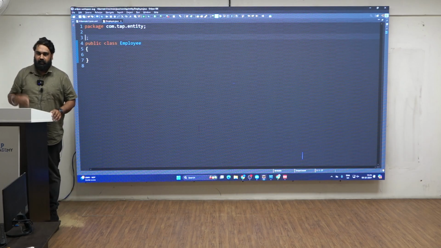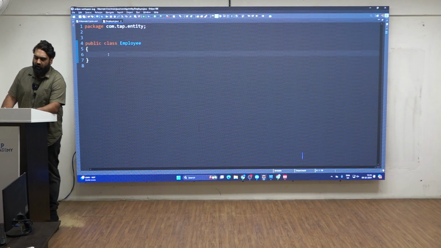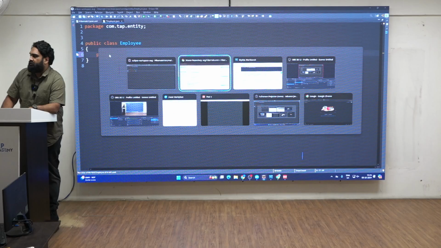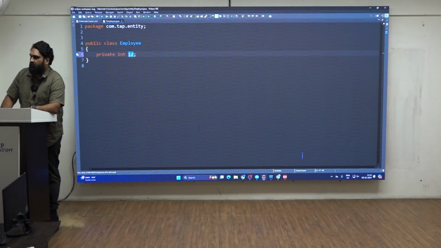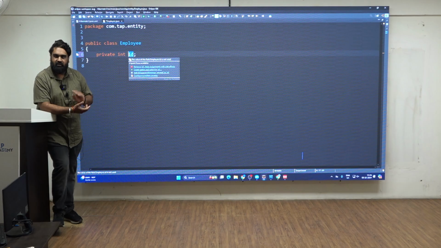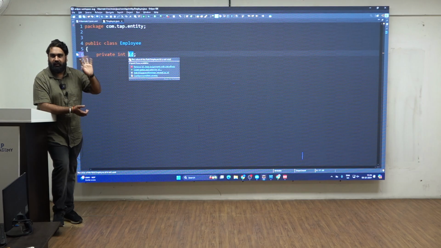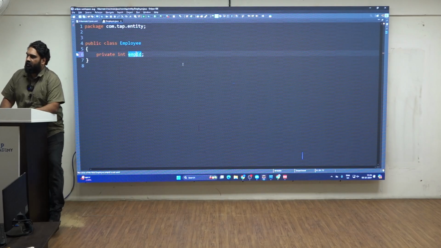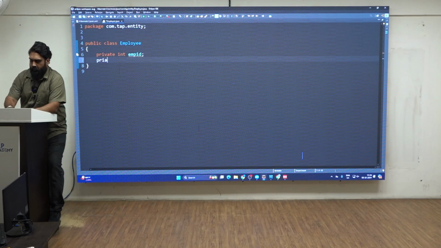All the annotations we will add later. But for now, what should your Employee have? Sir, all private members it should have, sir. Private int ID. Maybe I guess it is written as EMP ID. Again, whatever variable name you want, you can use. In JDBC, J2EE also I told the same thing. Whichever variable names you want, you can use. But if I use anything apart from what is there in the table, I will get confused. So that is the reason I will use the same variable names, EMP ID,